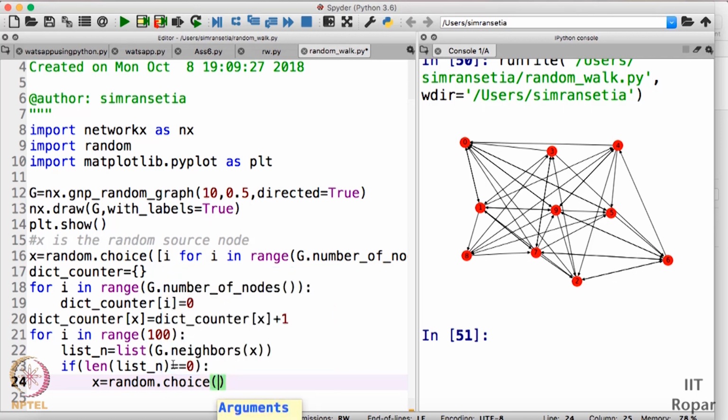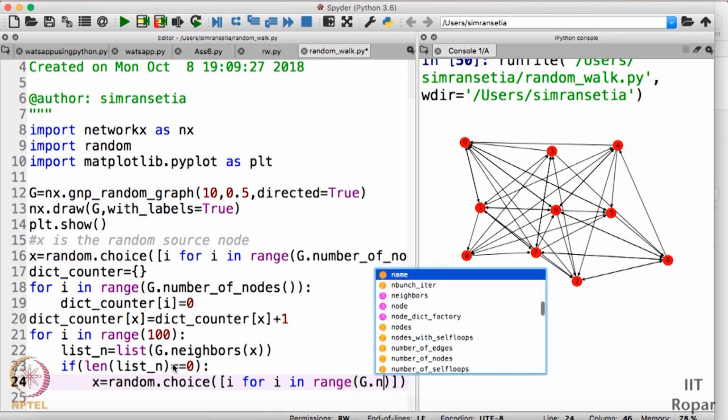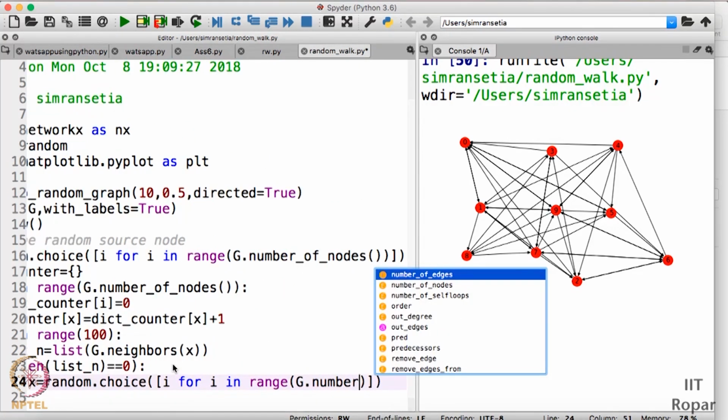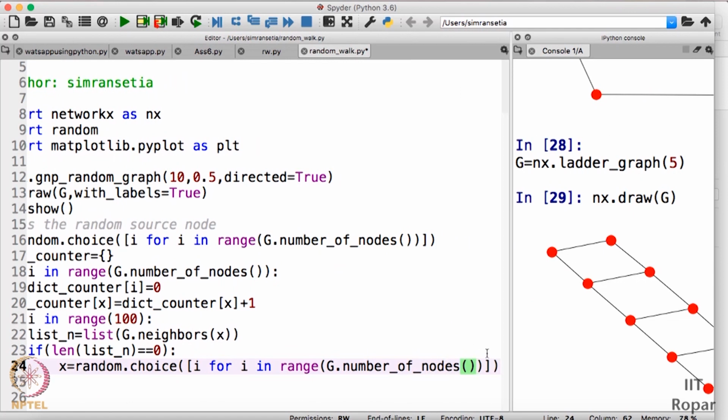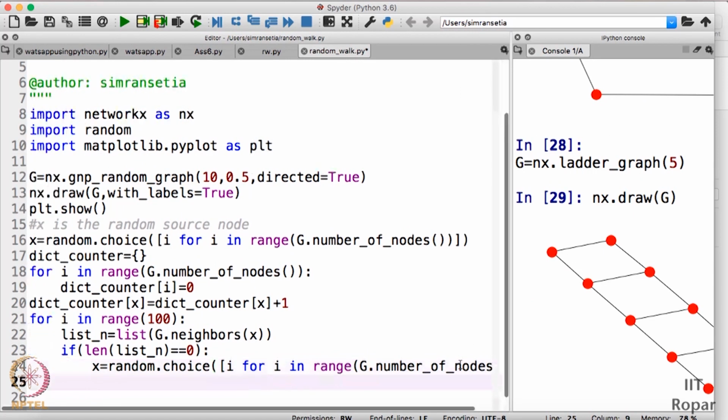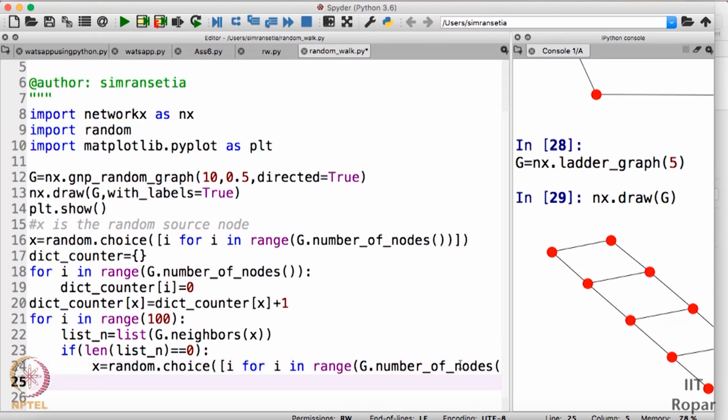Again, we have to select x from g dot number of nodes. So I'll write i for i in range g dot number of nodes. So we are also done with it. We have handled the case if x is a sink.